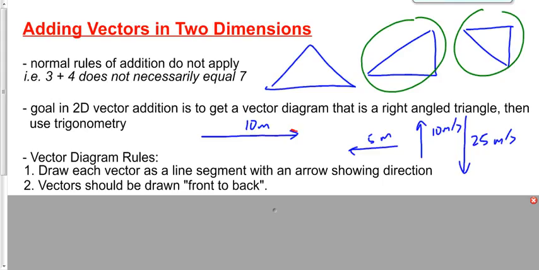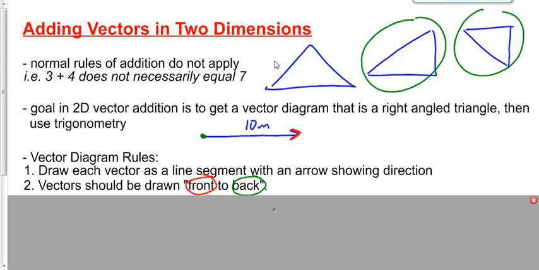This is the front of a vector. This is the back of a vector. Sometimes we call it the head and tail, the front and back. If I'm adding two vectors together, let's say I'm adding 3 meters to the east, and I'm adding 4 meters to the north, then I would draw 3 meters to the east, and I would draw front to back 4 meters to the